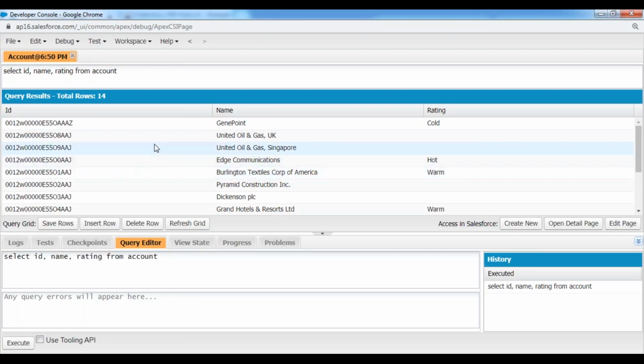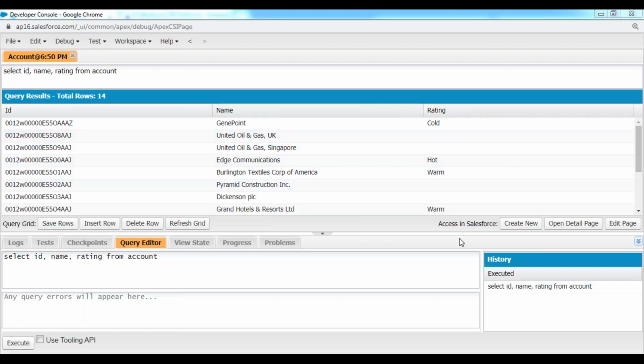Whatever account records are available inside this object will be visible, with the account record IDs, names, and rating values.